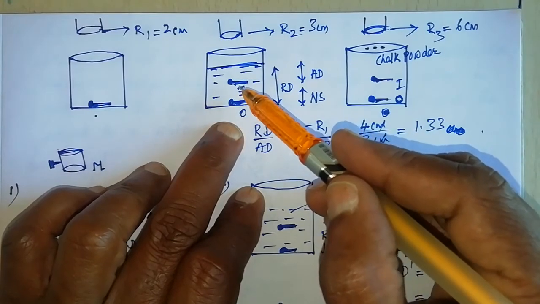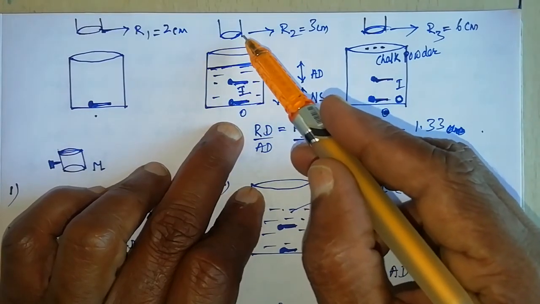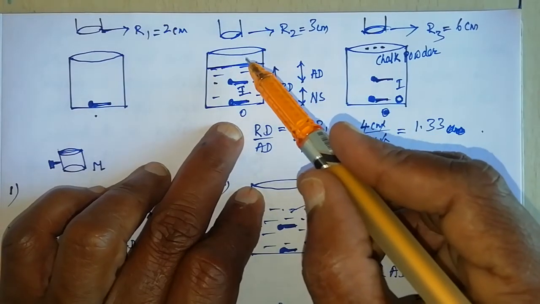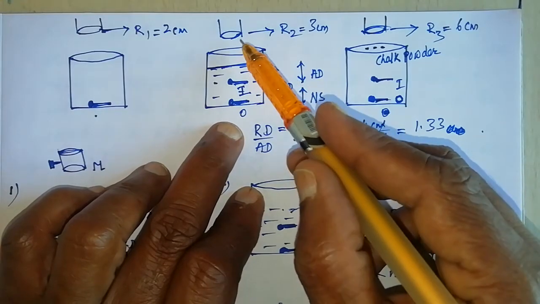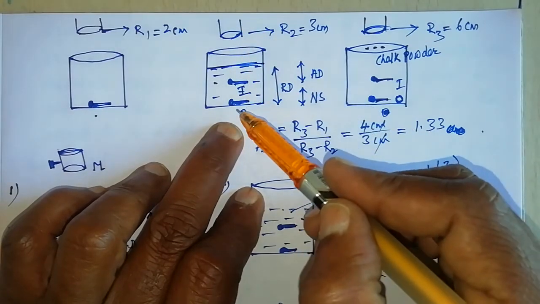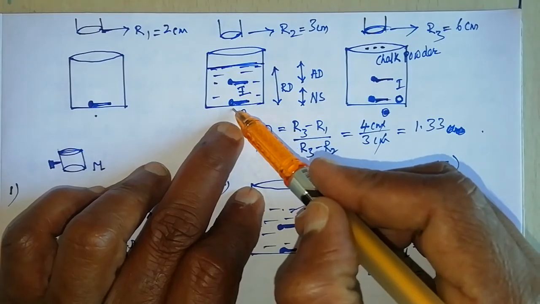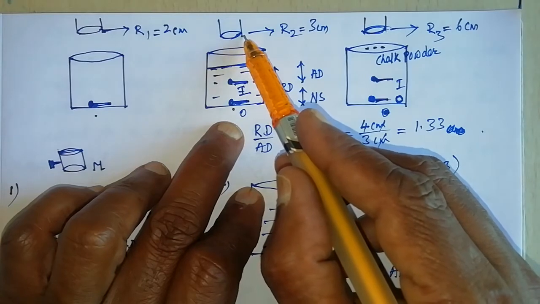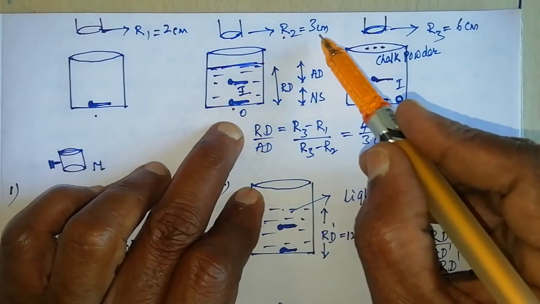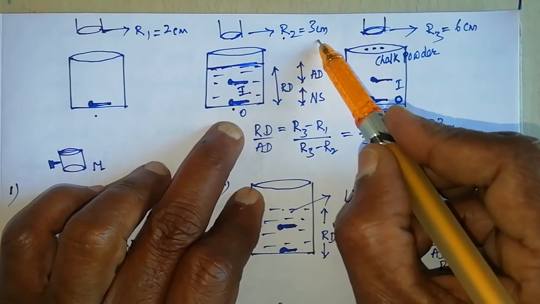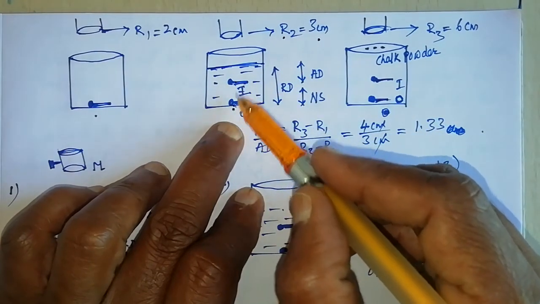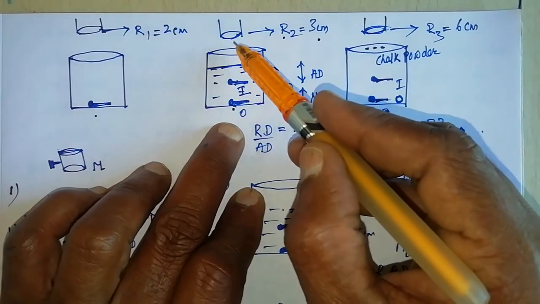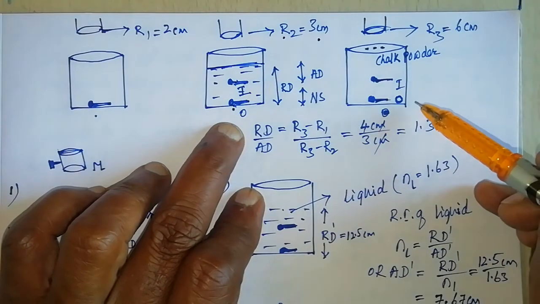Once again, to focus the pin, the traveling microscope has to be raised using the rack and pinion arrangement or the screw. When the microscope is raised through some height, once again the needle gets focused. Thereby we take the reading of the traveling microscope, that is R2. Let R2 be 3 centimeter. So in other words, the pin appears to be raised through a height of, say, 1 centimeter. The microscope is also moved 1 centimeter in an upward direction.